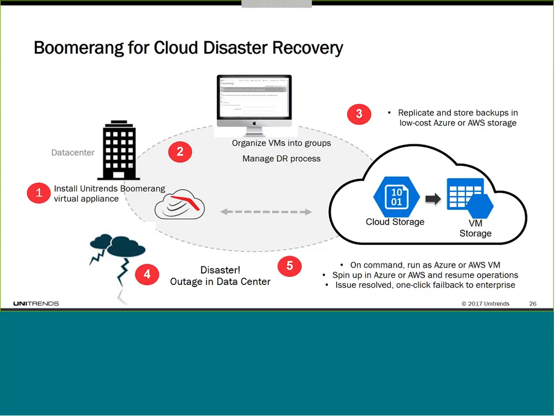It'll actually, if you're up in AWS, for example, remodel the VM to run as an EC2 instance so you can run it up there. It spins it up, and you resume operations. So it can be a true DR solution for you with VMware VMs. And once the issue is resolved, you have a one-click failback to your on-premises environment. So it's a really easy product to use, and it can be used with VMware VMs and Amazon AWS and